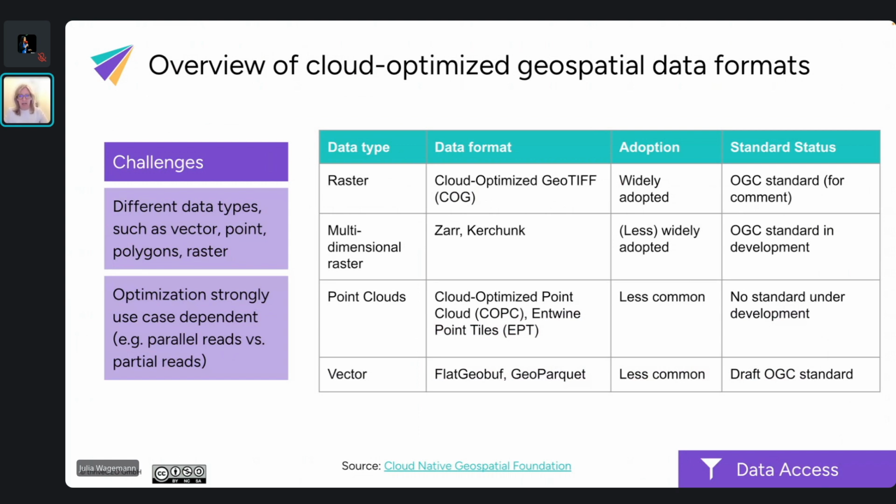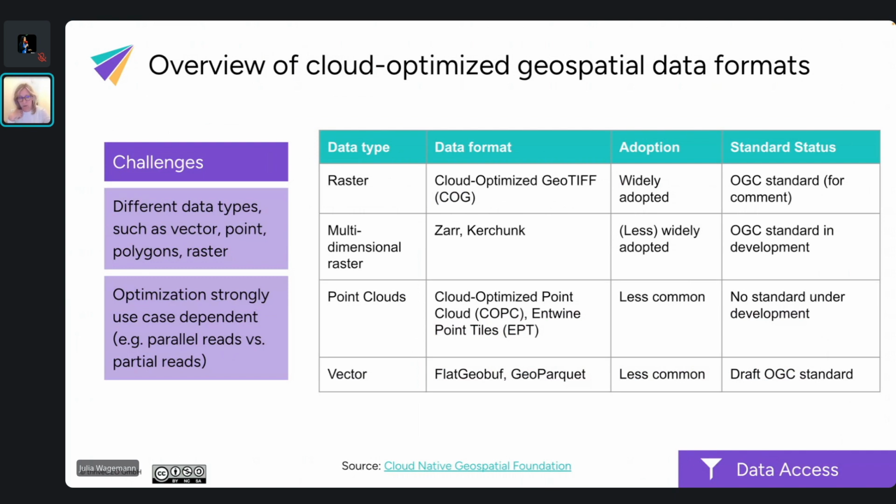Then Zarr is less widely adopted, but you see some examples, and the standard is being developed. And then the standards for point clouds and vector are still more at the stage of community engagement and development. You see less comment, and there are discussions on developing a standard, for example, for GeoParquet, but not